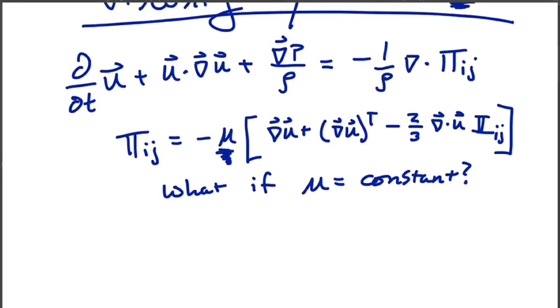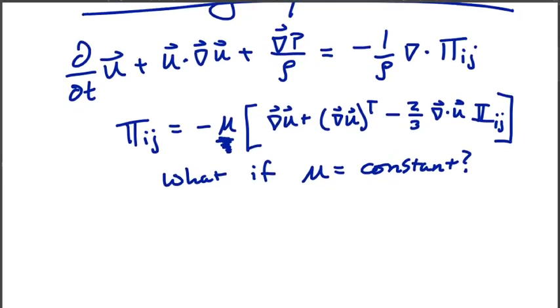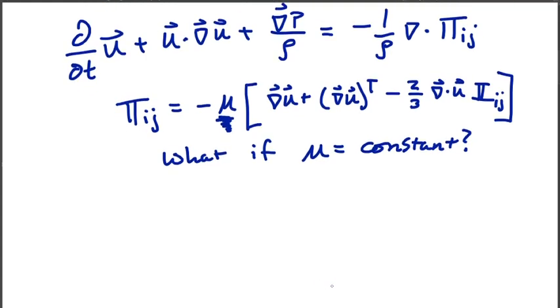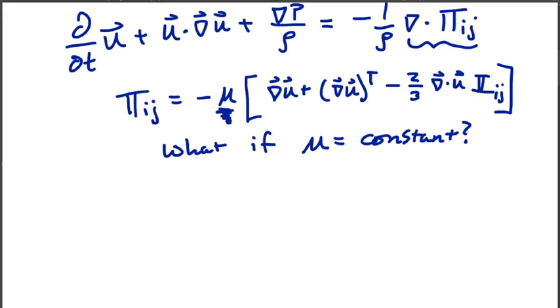To get a handle on this, we're going to spend some time going in and out of Einstein notation. This is a very handy tool for doing vector manipulations for a complicated system like this divergence of a two tensor that's entering in as the force effectively in our momentum equation. So let's figure out what is the right hand side of this equation, minus 1 over rho div dot pi